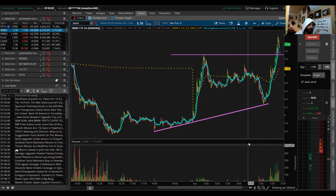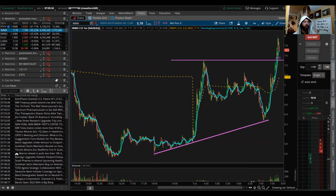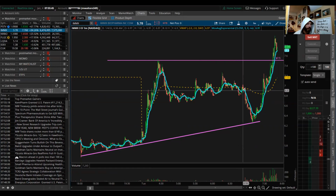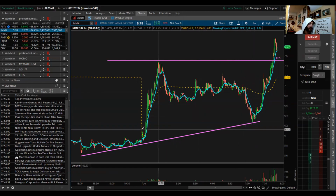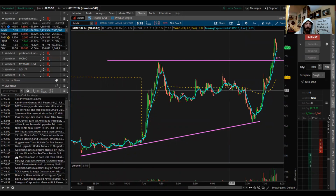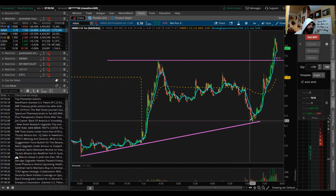Now, this is something that I don't normally do. I don't normally take a trade that's under VWAP. But since I waited from 7 a.m., that's when a lot of platforms will open up. That's when a lot of swing traders will take their profits if they were holding from the overnight period, which some do. It sold off. Once it started to do this bit of a curl here,